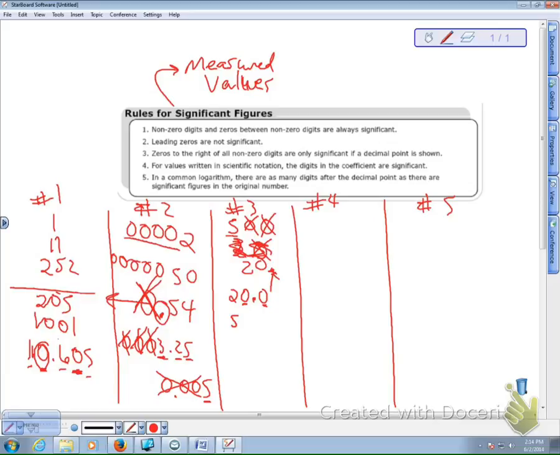And we could play this game for a long time. How many do you see there? Yep, the answer is 1, just the 5. Let's put a decimal. How many do you see now? Yep, there's 3. Now the 2 zeros count. Let's put a 0 on the end. How many now? Yep, there's 4, because now the end zero after the decimal indicates